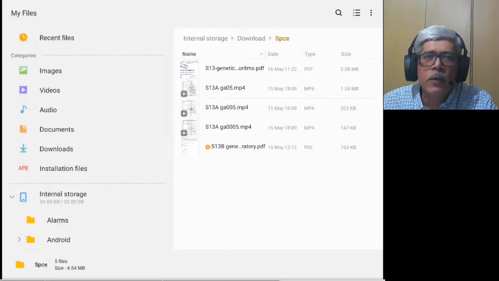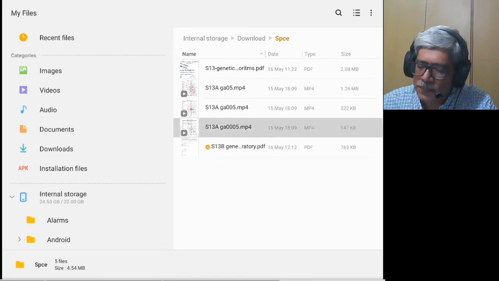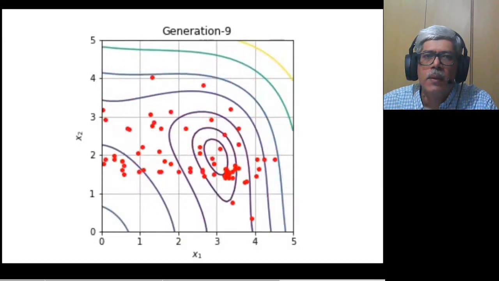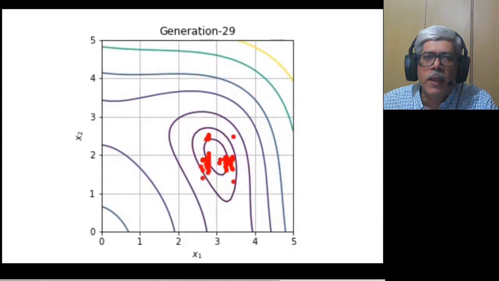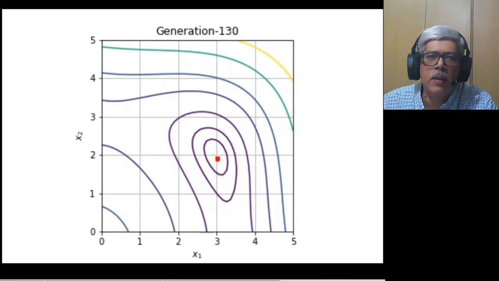Okay, let's have a look at the animation where the probability is reduced to 0.05%. That is one tenth of what we saw previously. As you can see here, as we have reduced the probability of mutation, very few mutations occur, and most of the specimens gravitate towards the global optima.